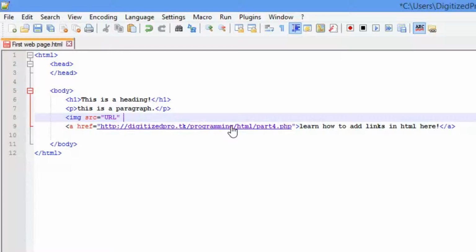And then you're going to want to write ALT, or type it or whatever, or code it, and then equals open speech mark, close speech mark. And basically what alt means, I don't know what it stands for, but it's the text that appears if an image doesn't fully display. The text you see there, like image failed to display or something like that, is what you can put there. You can write image failed to display, but if it fails to display, you might want the user to know what the image is meant to be. So for now, we're just going to write text, and then you want to close the angle bracket,